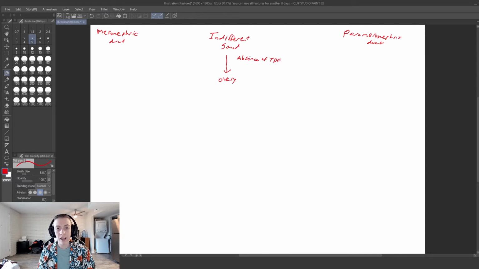So if you do not have TDF and you cannot make a testis, you are going to go into this pathway to produce an ovary. But a lot of textbooks will leave it off as the absence of TDF is what stimulates ovarian development. However, recently textbooks have been shifting to also adding the presence of a factor called WNT4,